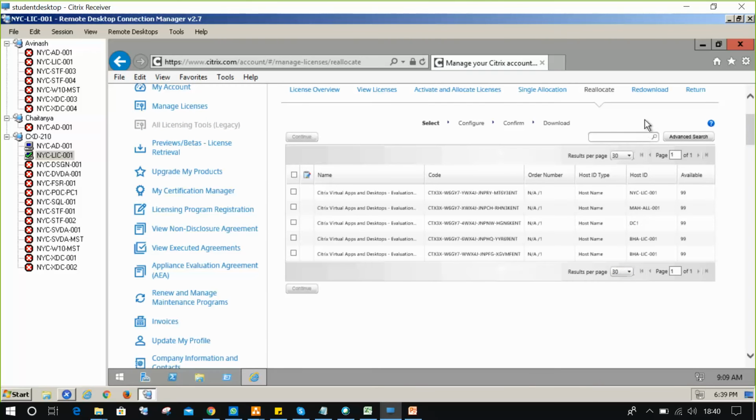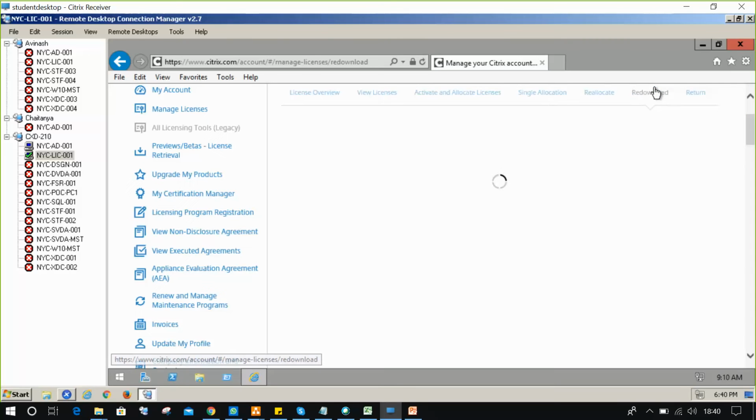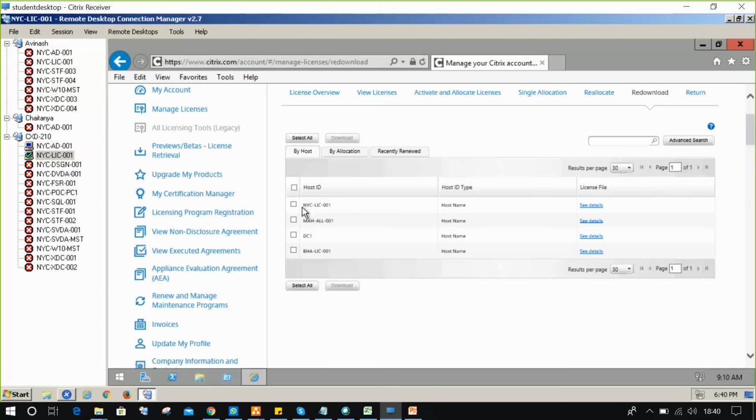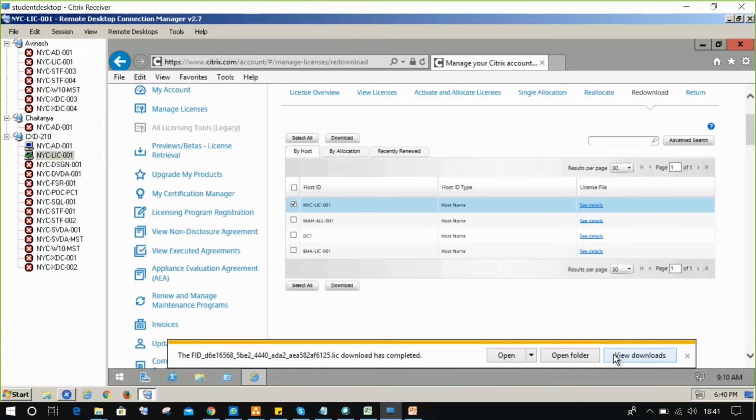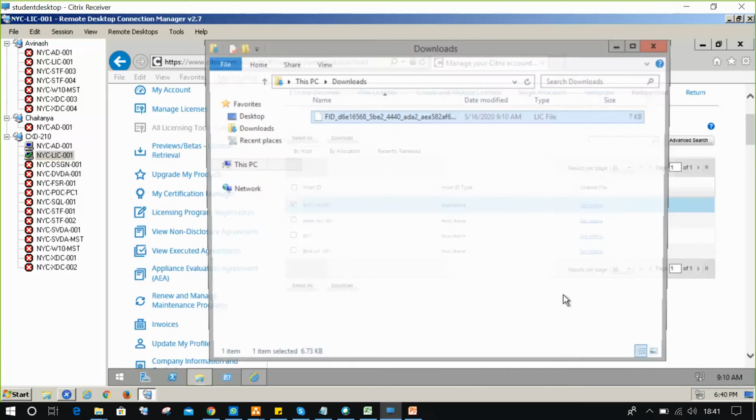Then go for the re-download option, and where is the server name? NYC hyphen LIC 001. There is an option called download. This is the license file name. I click on save, open folder.